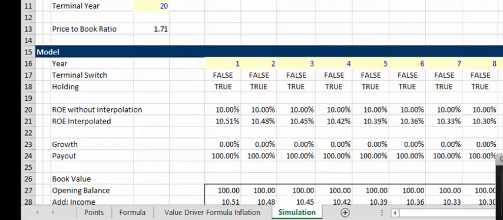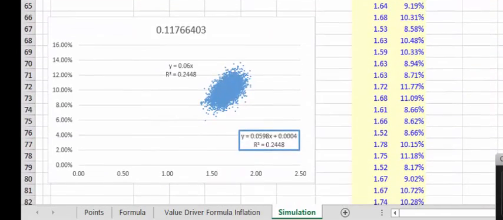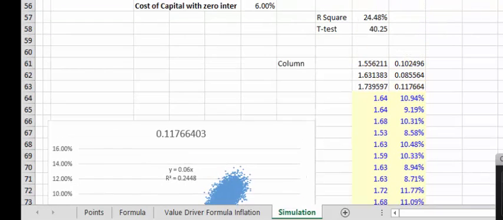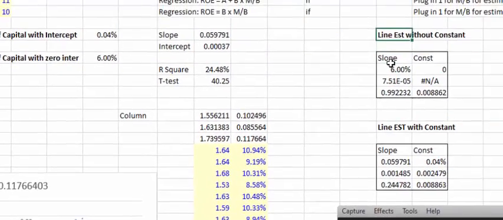even though our expected growth was 0, it still put in a negative, because sometimes when we did our simulations, it put a growth rate in. And now when we did the going through without the constant,